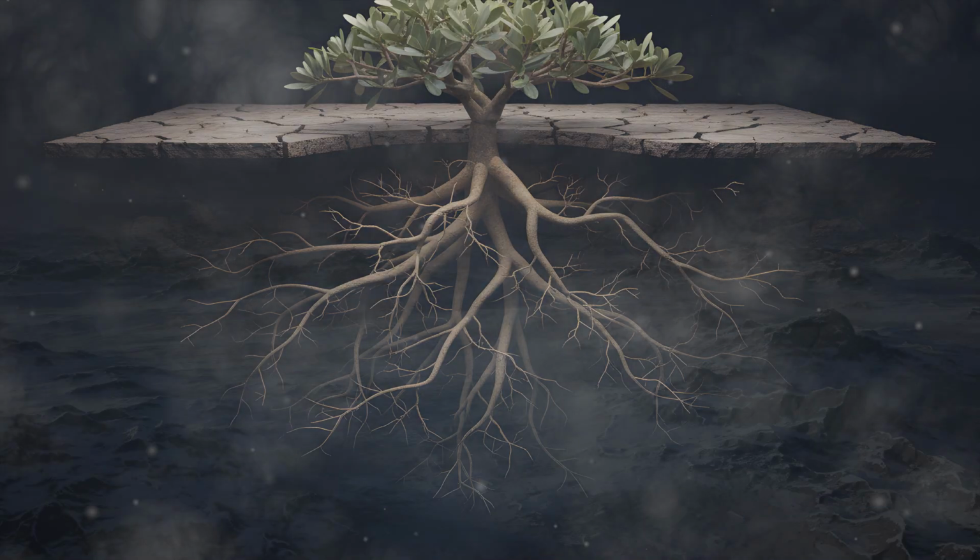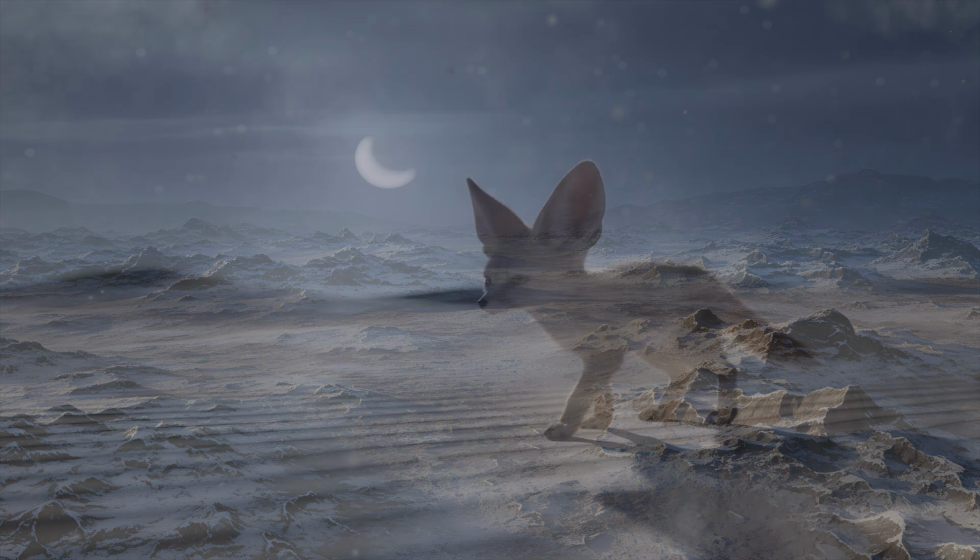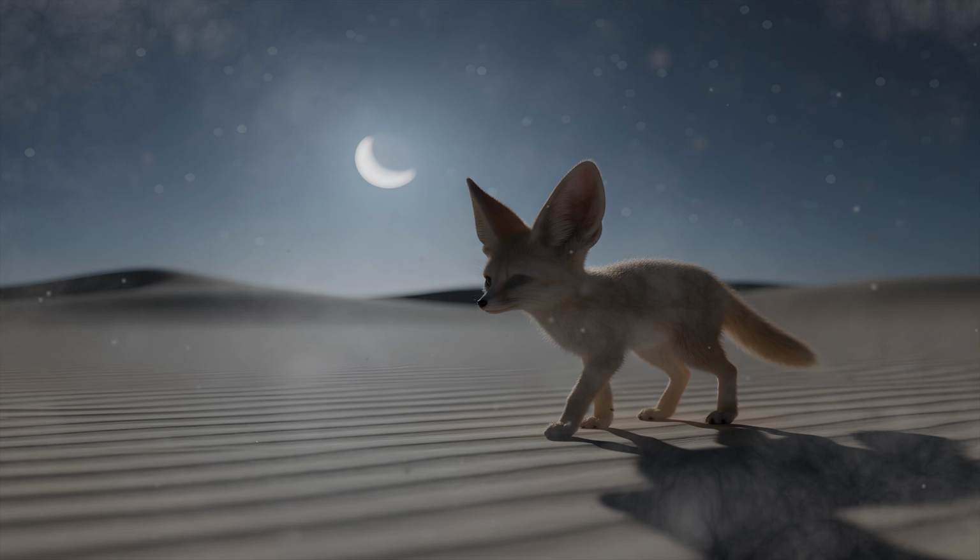Despite their stark appearance, deserts can preserve footprints, tracks, and other markings for extended periods due to the lack of rainfall and slow rates of erosion. These traces offer valuable insights into animal behavior and movement patterns, capturing moments in time that might otherwise be quickly erased in more dynamic environments.